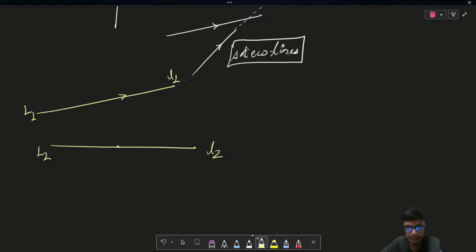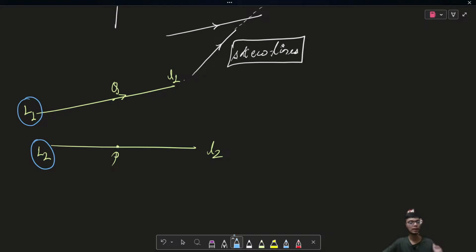And let us say I take a point here and I take a point there. Now you know that the shortest distance between skew lines will always occur along the common normal, right? So I have to draw such a line which is perpendicular to both of these lines, L1